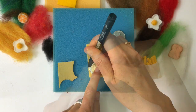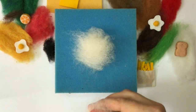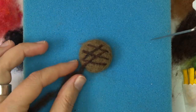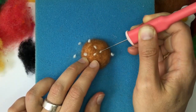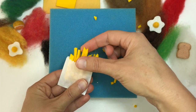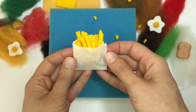in miniature. This is a great project if you've done some needle felting and you're ready to level up your skills. We'll be making burger buns, a burger patty, and then 3 different types of toppings. Of course, I'll show you important details, like how to add sesame seeds on your burger bun. A burger without fries is just lonely, so I'll show you my favorite technique for making really cute, really tiny